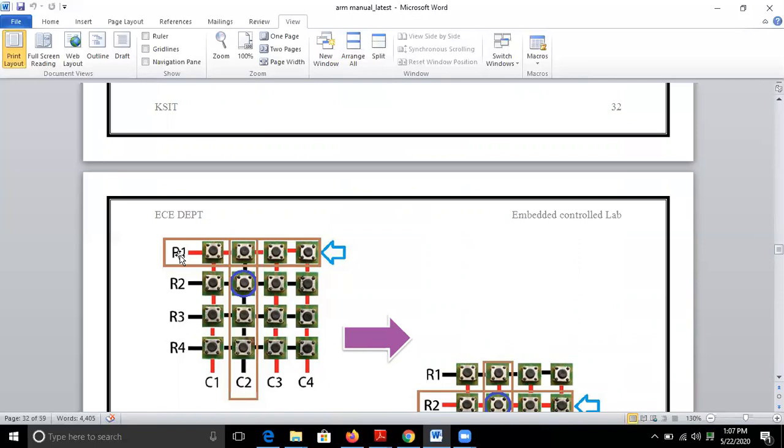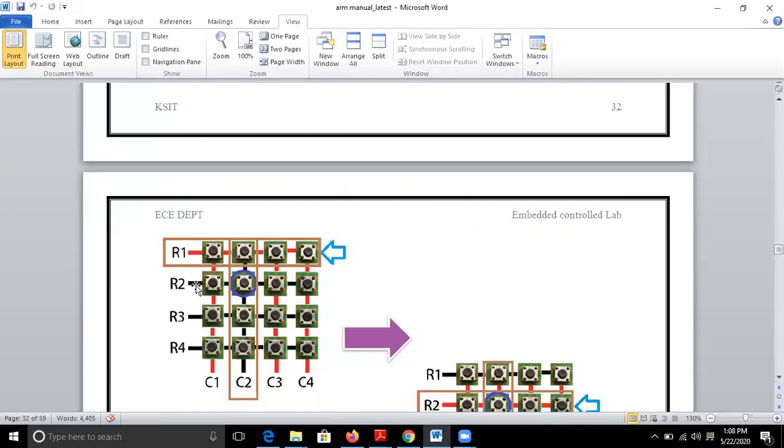Next, you force R1 to logic 0, then start forcing R2 to logic 1, that is VCC. Now, the rows R1, R3, R4 are driven with logic 0, that is ground, and row R2, which was at ground, we now have to make VCC.